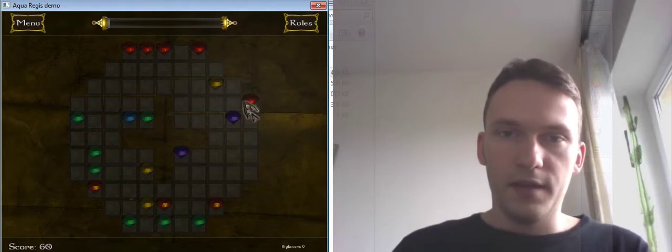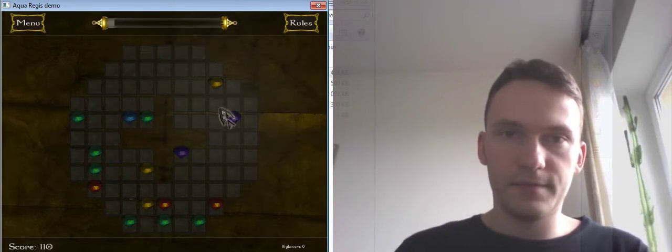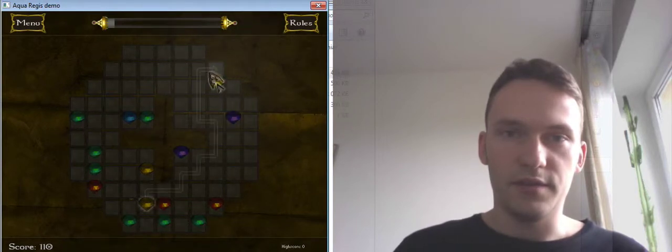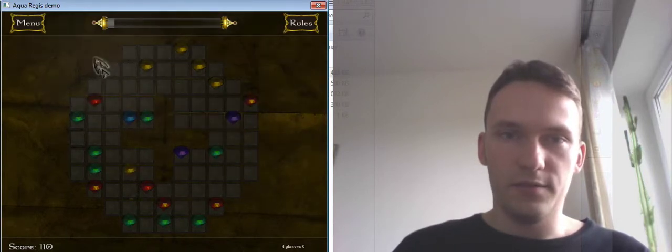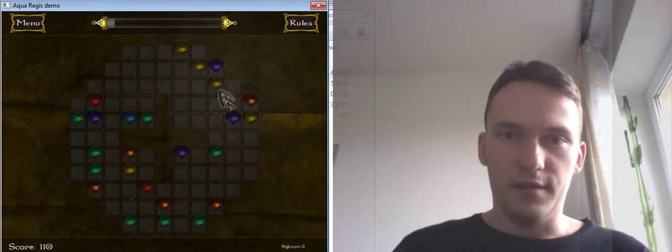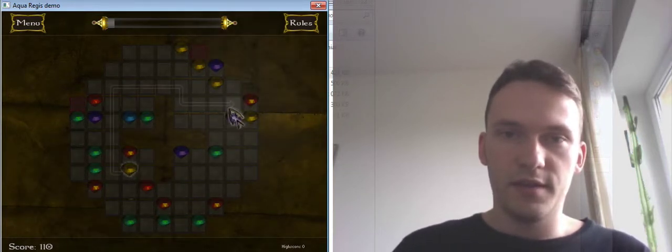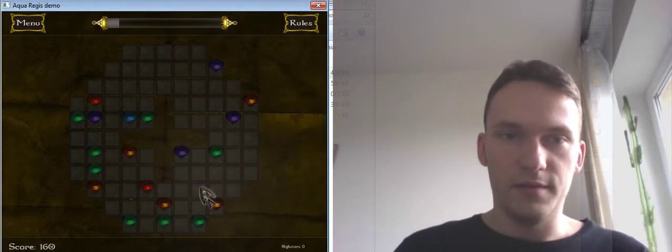So right now the progress bar filled a little bit. Alright, so for creating different levels, I've actually created a simple map editor utility using Win32 API. So I didn't have to manually insert values in text files or something. I was using a graphic editor, but I won't show you this one in this video.